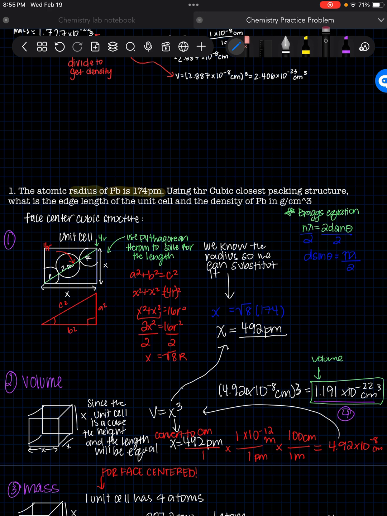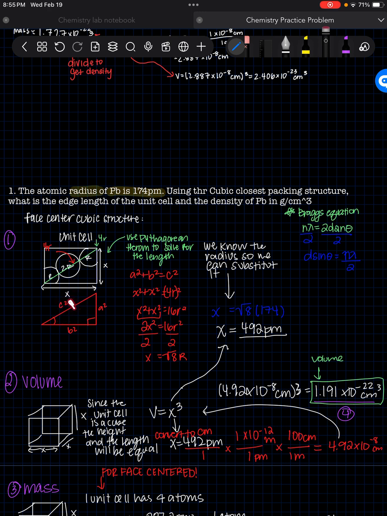To solve for the edge length, which is these sides right here, you're going to use the Pythagorean theorem. We know that a squared plus b squared equals c squared, easy. We're just going to substitute in what we know from the unit cell for a face-centered cubic structure. Keep in mind this is face-centered, so do not do this with any other cubic closest pack structure. Okay, think of the unit cell right here, half of it, the diagonal here is a triangle, and this is the